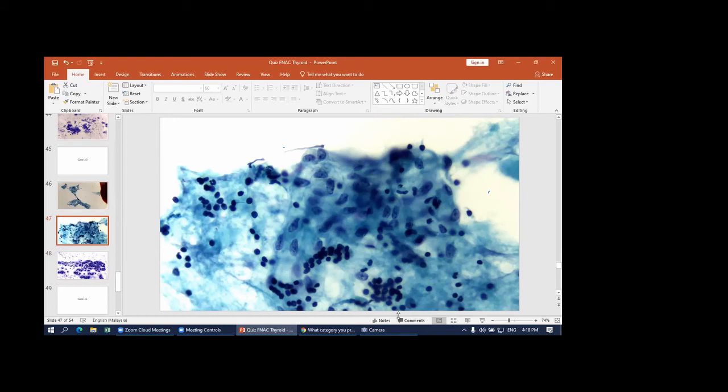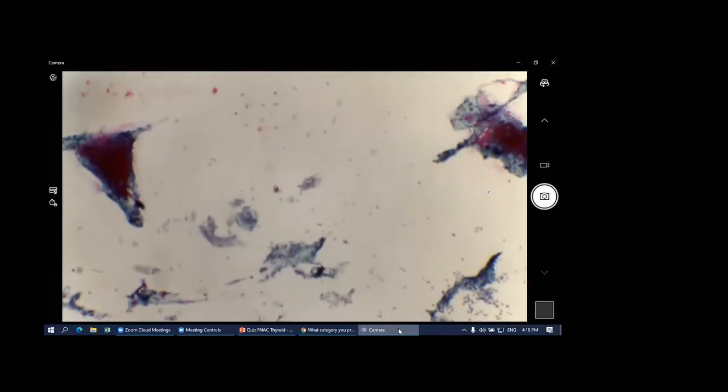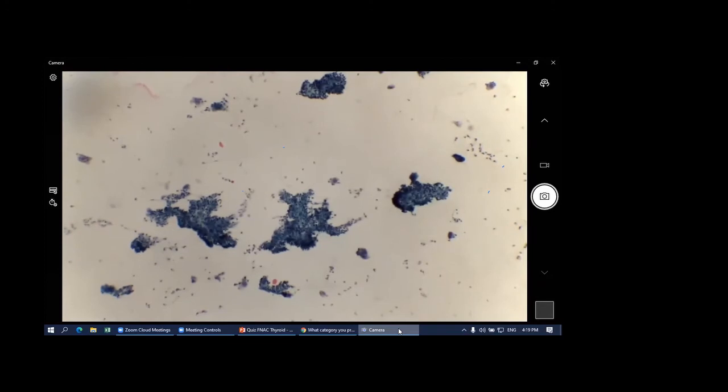Right, the last case. This last case is actually a very long case that I brought to my supervisor to look at. Cellularity wise is not that great. One minute, let me go to the area of interest. Alright, this is the area of interest. Cellularity is not great, but